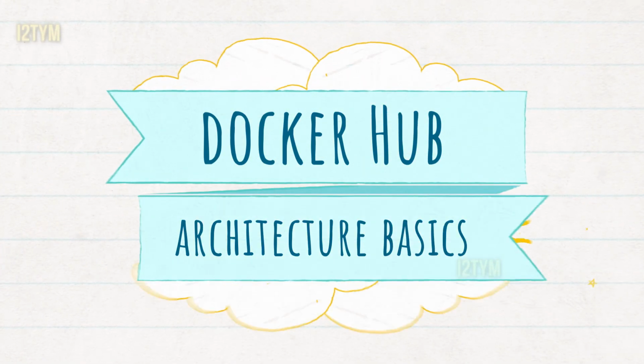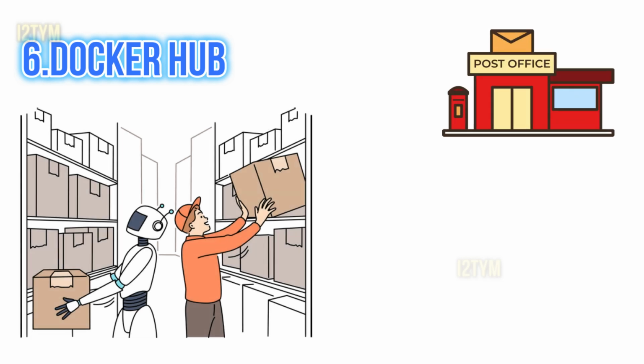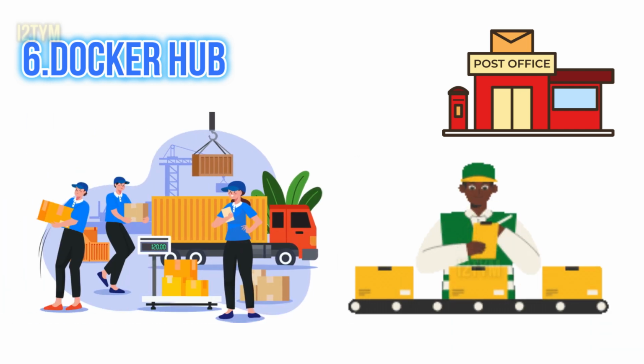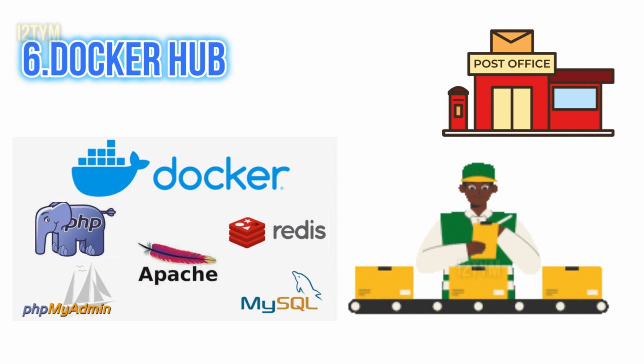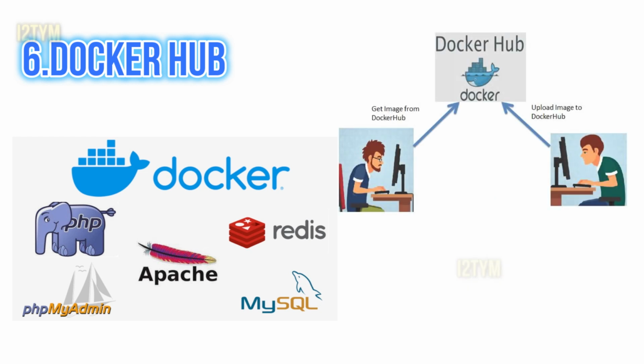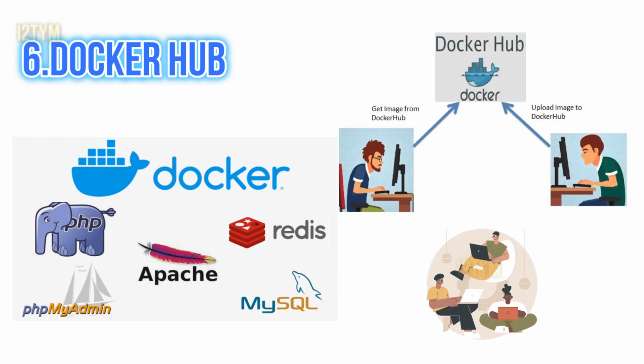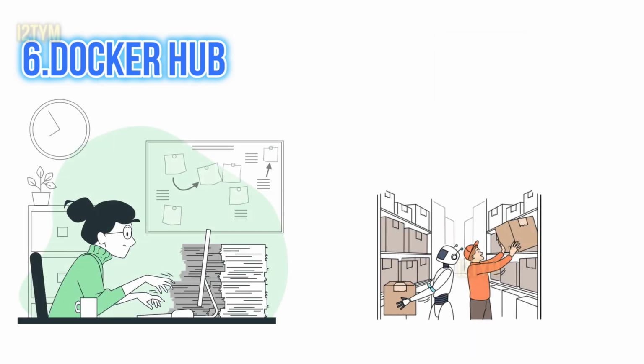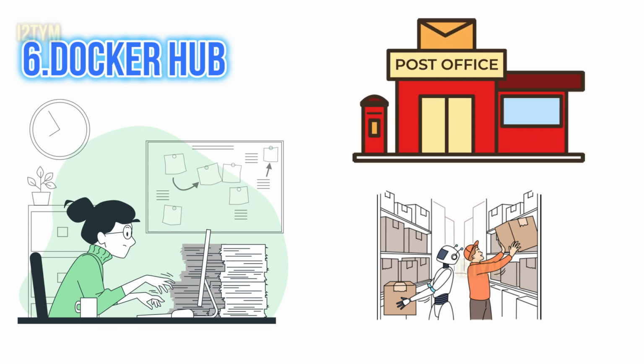Finally, let's talk about Docker Hub. Docker Hub is like the central post office warehouse, a huge facility where all kinds of packages are stored and organized for delivery all over the world. You can go to Docker Hub to find ready-made packages, images, that others have sent, or you can send your own packages there for others to use. It's a place for sharing and discovering containers, just like a post office warehouse is for storing and sorting packages